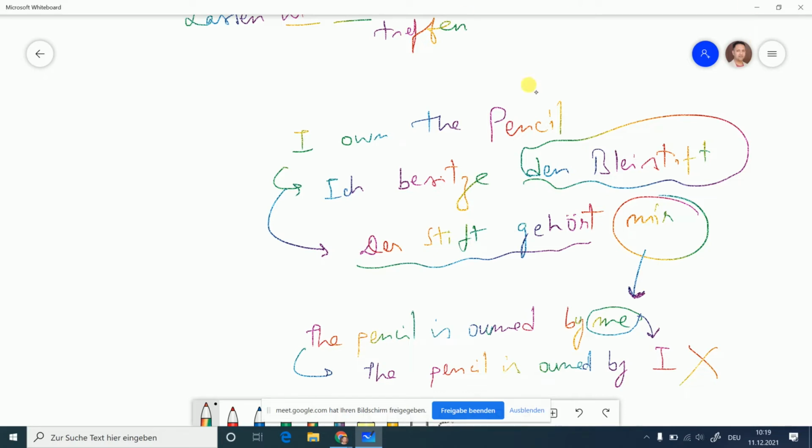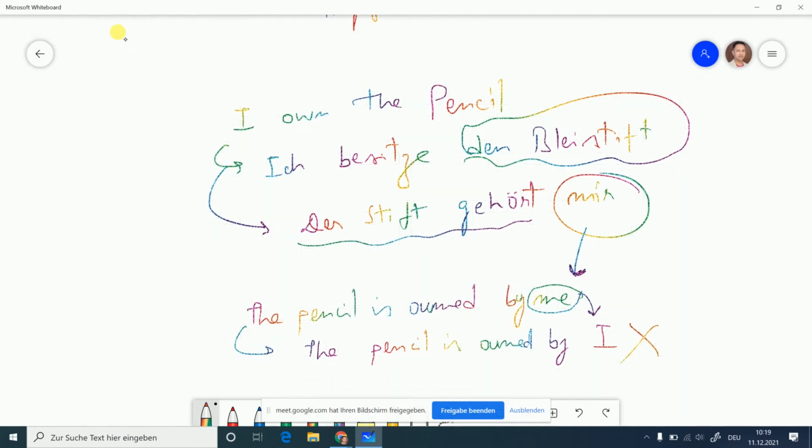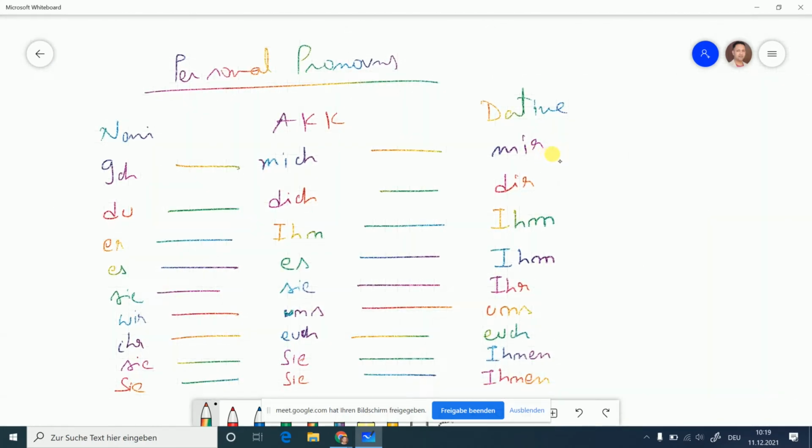However, in German, the same thing applies. And here, as I said, der Stift gehört mir, right? So mir comes from this dative, right? Any doubts, friends? This is getting a little confusing, I think. So here, how can we understand in the example, mir in terms of English translation? Okay, it is going to be an indirect object. Mir as an indirect.